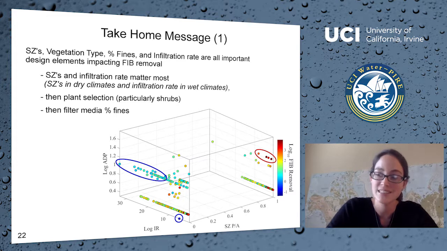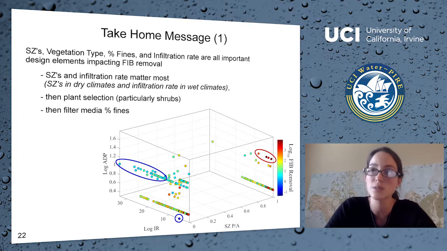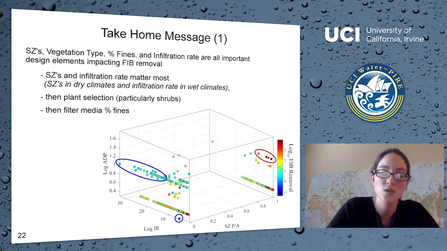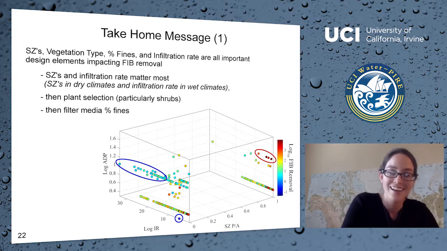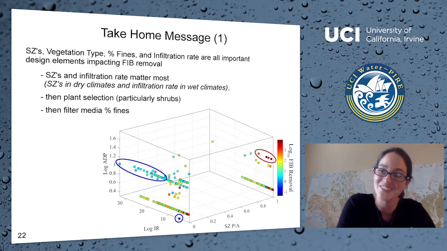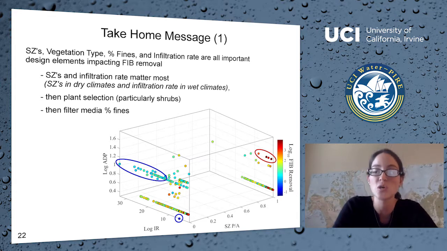And it's clear when you look at this that the highest bacteria removals, where I've circled in the red oval, are systems that have submerged zones. They have moderate to low infiltration rates, and they have actually a long antecedent dry period, interestingly enough. Whereas if you want those systems that are doing poorly for fecal indicator bacteria removal, and of course we don't want them, those are those systems that don't have a submerged zone. They have really high infiltration rates, and they also have that long antecedent dry period. Of course, this is not a perfect relationship. There are outliers. In fact, I've circled one of the ones there in blue